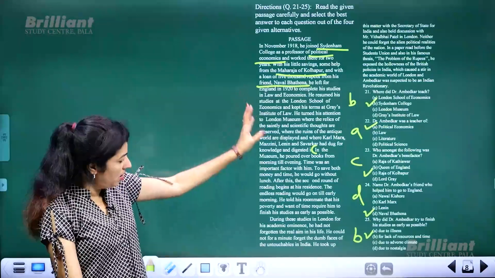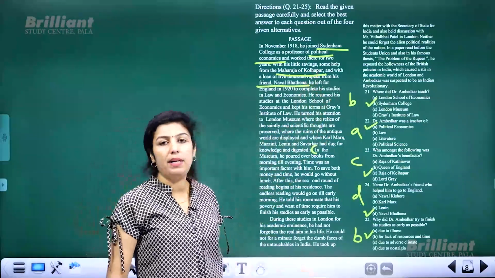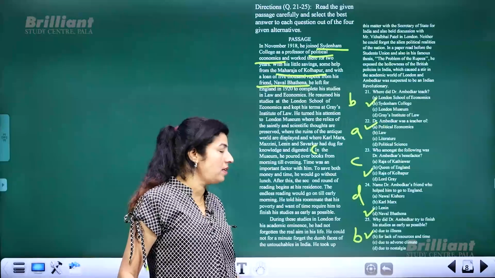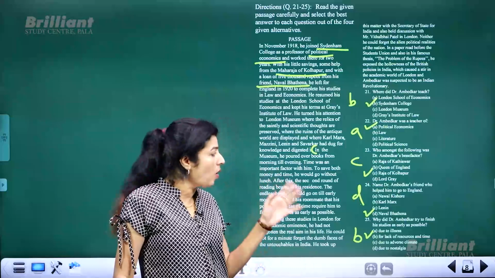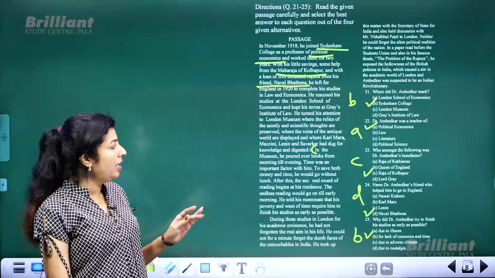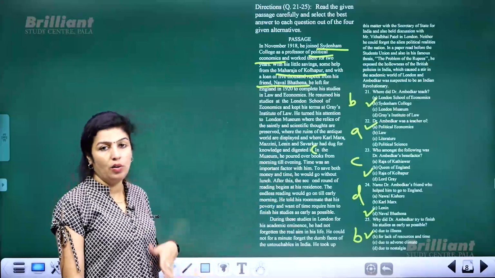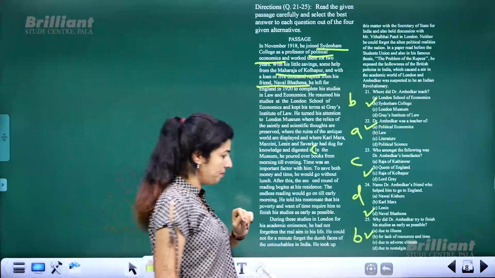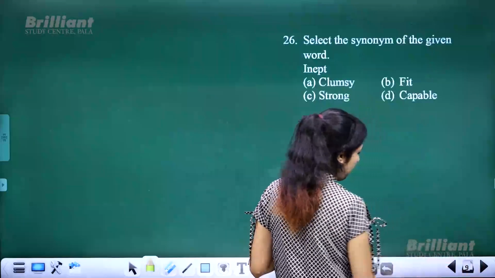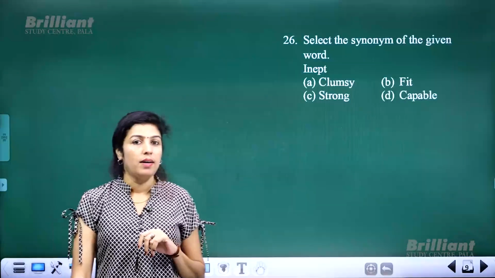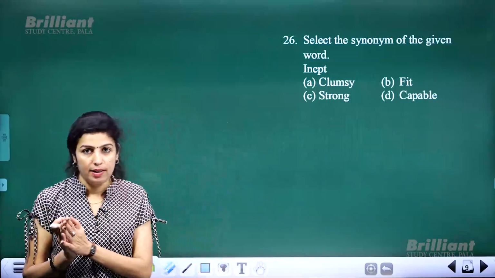Even if the passage was a bit long, the questions based on the passage were all very simple. In fact, all the answers you got from the first paragraph itself. You need not go to the second paragraph for any of these questions because it's all given in the first paragraph itself, right? Do not expect the same thing to happen every time. This time you were lucky. So don't expect to be lucky all the time.